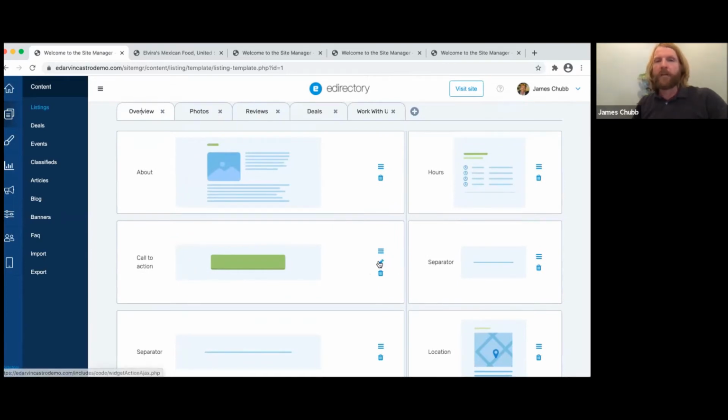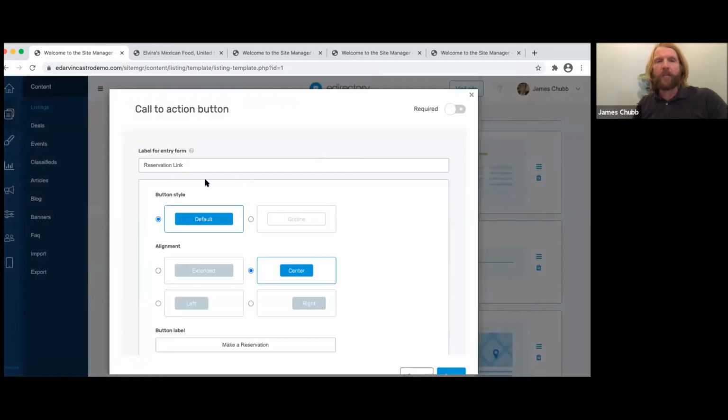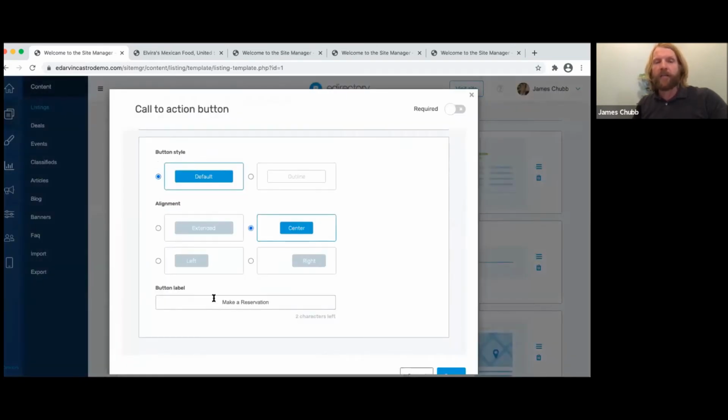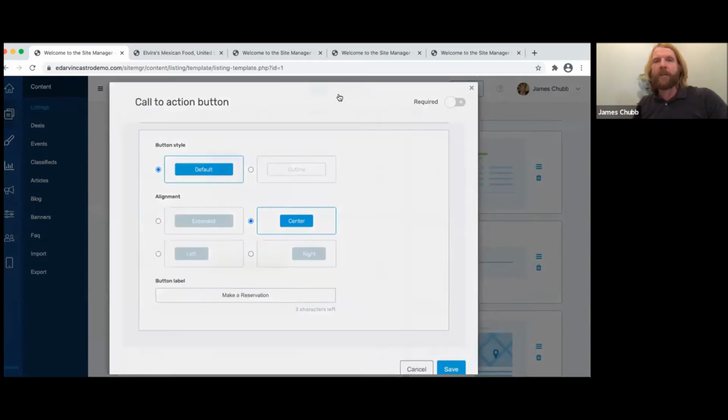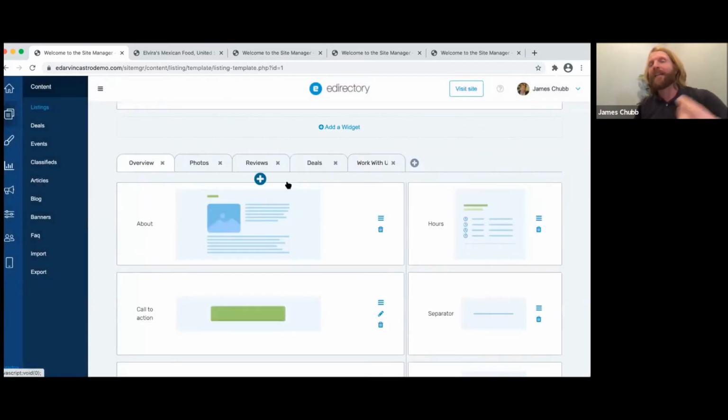And basically you can link it to an external system. So you can put in like a reservation link, and then the button label, make a reservation, and then save it. You can make this required. And then when somebody is actually editing the individual listing,